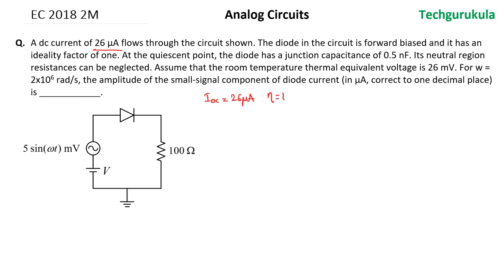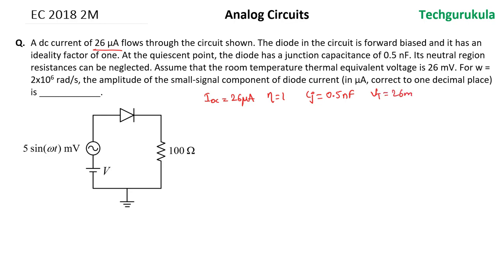At the quiescent point, which means the DC operating point, the diode has a junction capacitance of 0.5 nanofarad. So the junction capacitance, which would be the small signal capacitance in fact, is 0.5 nanofarads. Its neutral region resistances can be neglected, which means the P side and N side, which are neutral regions, their resistance can be neglected. Assume that the room temperature thermal equivalent voltage is 26 millivolts, which is Vt equal